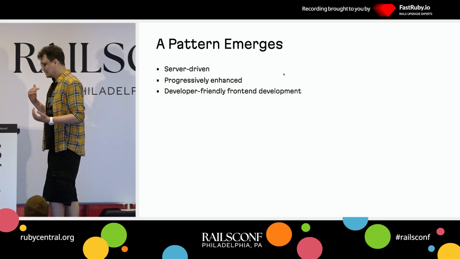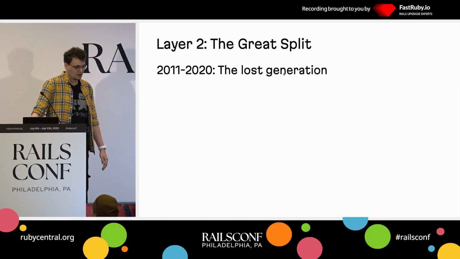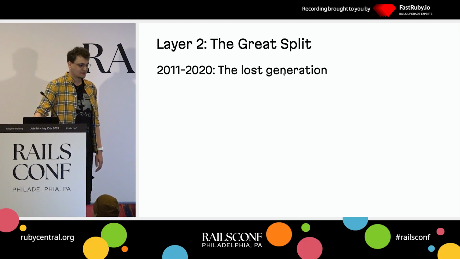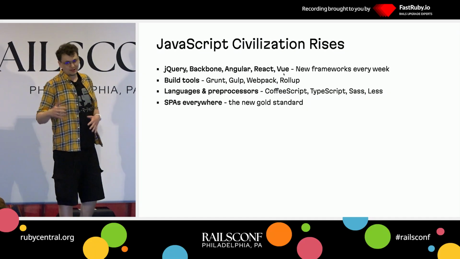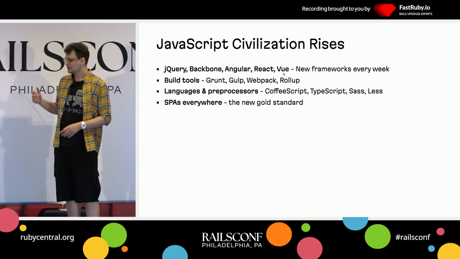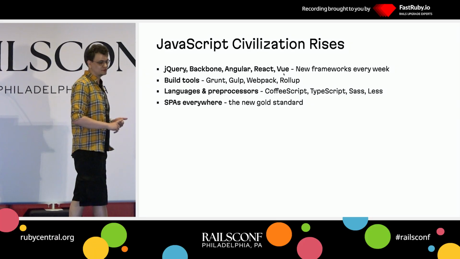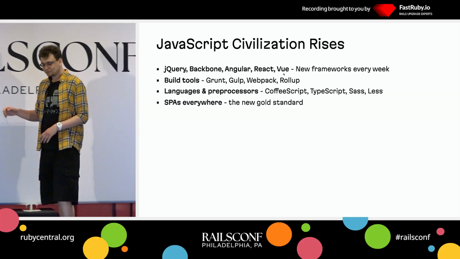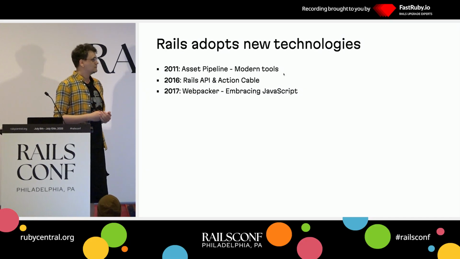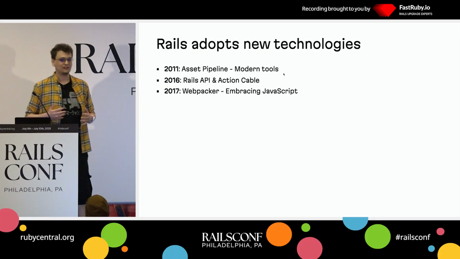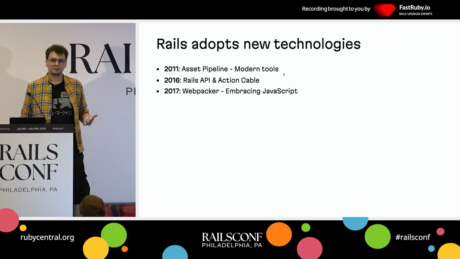But let's take a step back and see what the JavaScript ecosystem was about. In the next layer, while Rails developers were busy summoning RJS, SJRs, and all that, the JavaScript world invented fire, wheels, new frameworks, new tools on a weekly basis. So Rails had to adopt this increasingly expanding JS ecosystem to keep up with increased users' demand because we all wanted